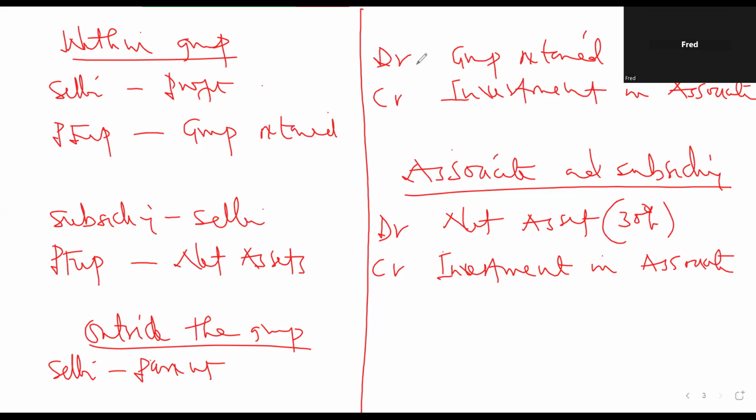Yes, sir. With the explanation you just gave, you are saying if the parent is the one making the unrealized profit, that means the parent sold the inventory or goods to the subsidiary, the unrealized profit will be deducted from the retained earnings of the parent. Exactly. The parent is the one that recognizes the transaction as revenue, so the profit is part of their retained earnings.